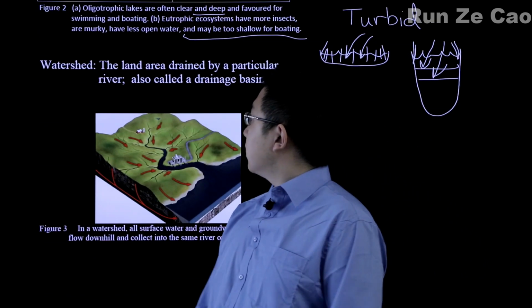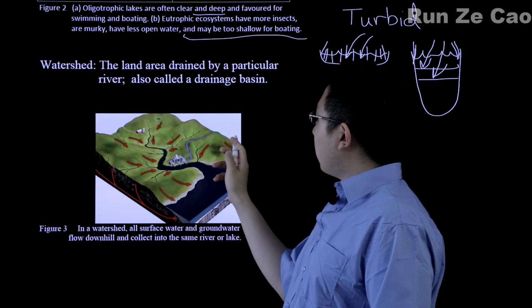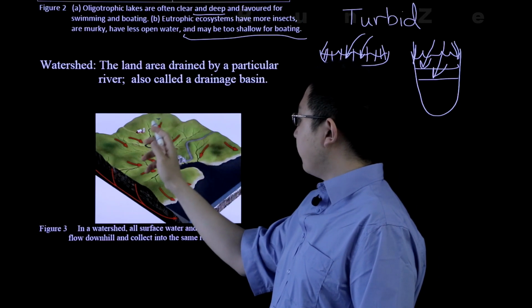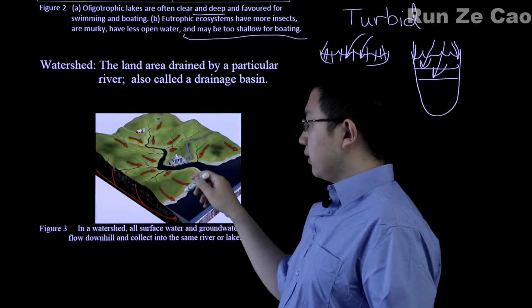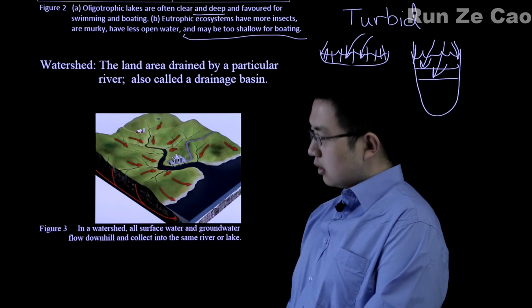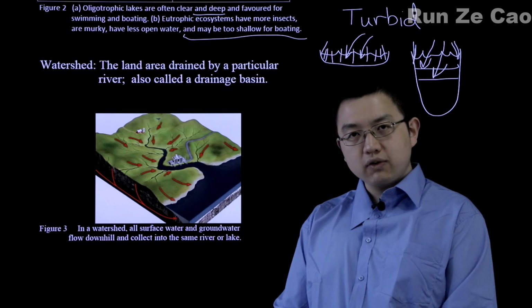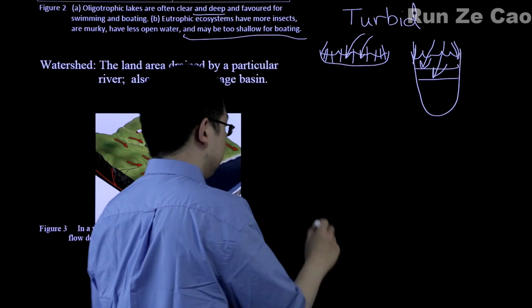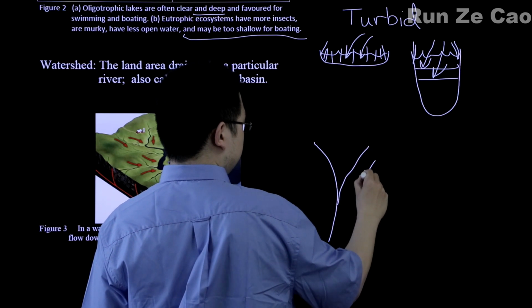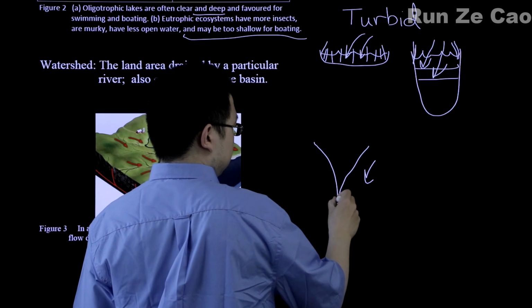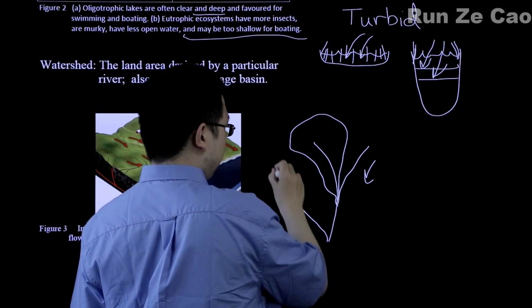A watershed is the land area drained by a particular river. It is also called a drainage basin. So you trace a watershed by tracing a continuous line of high points along the surrounding terrain. So all the surface water that falls within the watershed drains to the same river. Please note that because rivers have branches, we call these tributaries. So suppose this river flows that way. This can have a smaller watershed, and the whole river might have a bigger watershed.